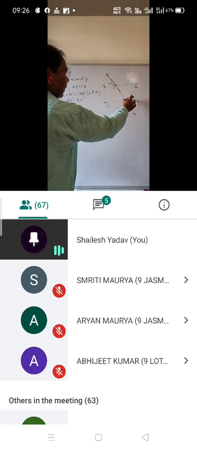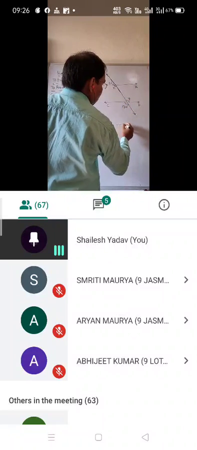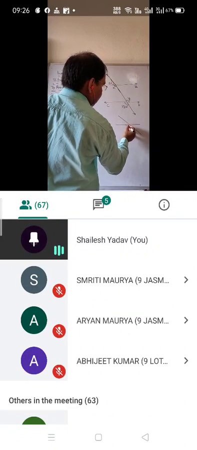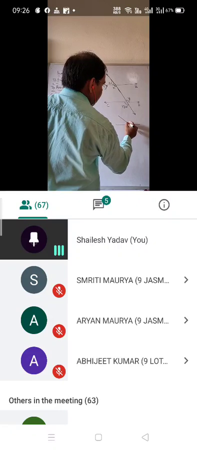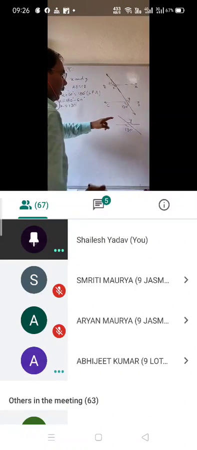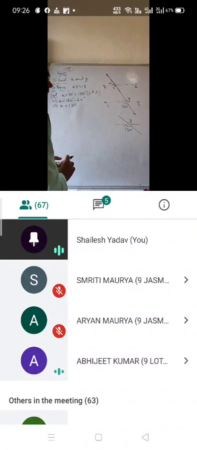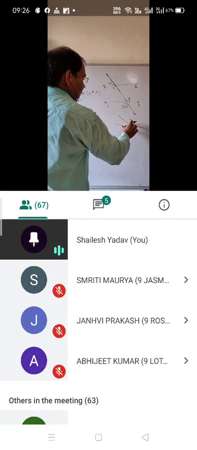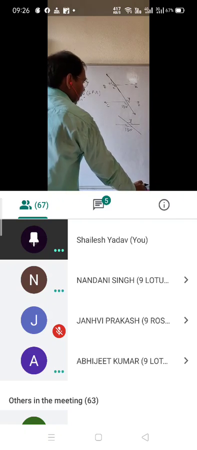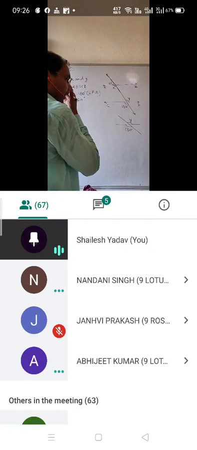Again you need to find the value of y. So students, if two lines are like this, both intersecting, and one angle is 130 degrees and the other is y, then what is the value? That is 130. What will be the reason? What are these two angles called? They are called vertically opposite angles.